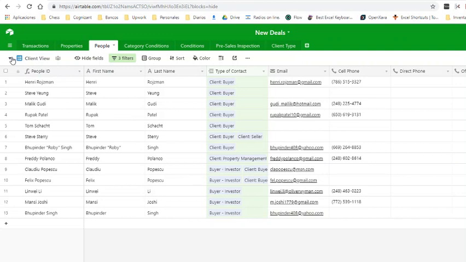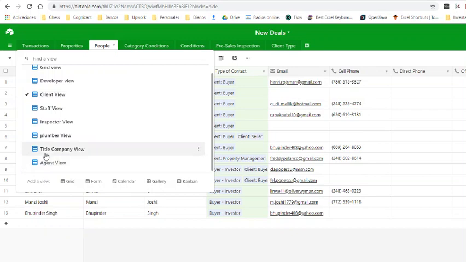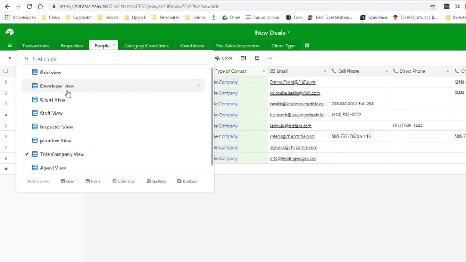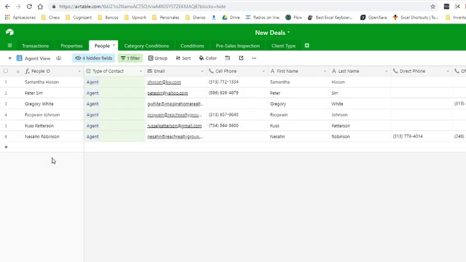Then we have the title company view, where we are only going to have this type of people. So we're going to have only title company users, and then finally we have the agents view, where we are only going to have agents. So based on these three views, if we go to transactions,